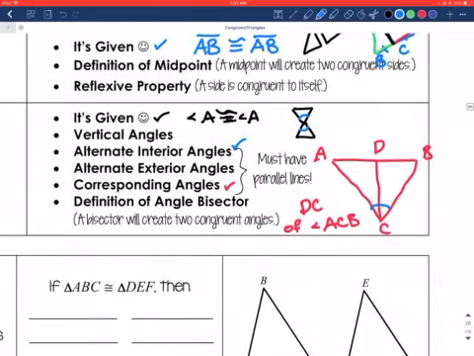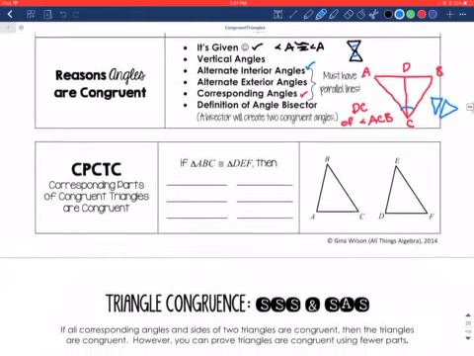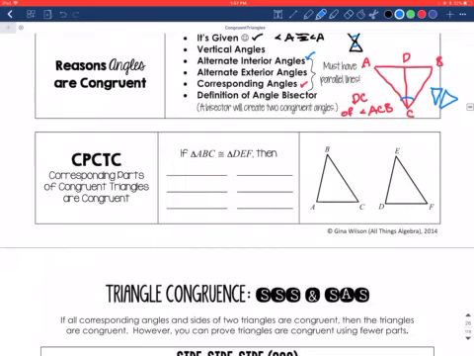If you ever get stuck on any of the diagrams like this, it's always helpful just to write them side by side. I think that really helps you see the two different triangles if you can't already. And then CPCTC, that's just the corresponding parts of congruent triangles are congruent. That's just the angles that are congruent to each other, and the sides. So AB would be congruent to DE, BC would be congruent to EF, and AC would be congruent with DF. Again, go back and look at that lesson if you need to, but it's all about your congruency statement. Okay,